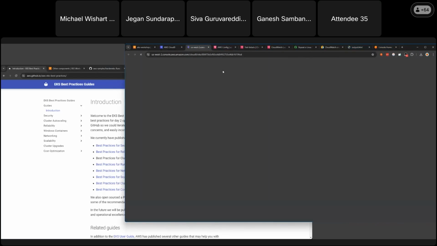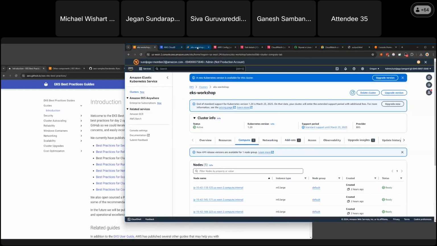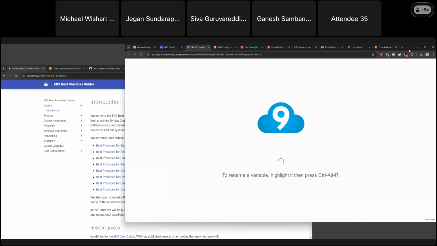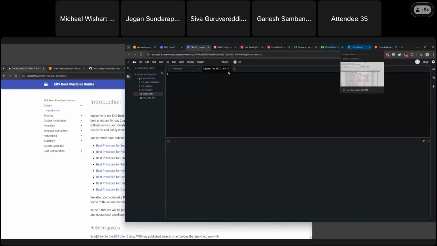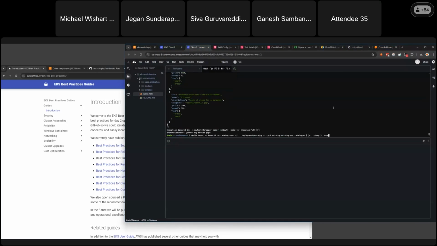I have the lab running from the EKS workshop, and then I'm running the EKS hardening tool. The syntax for running harden EKS is documented very well. Give me a second, I'm just trying to find that command here.